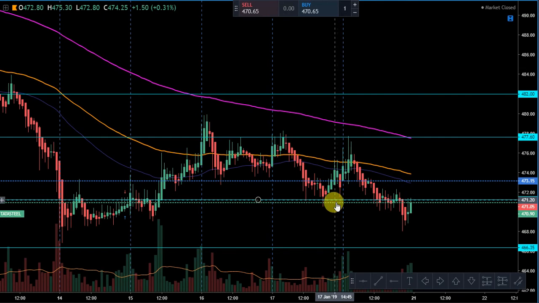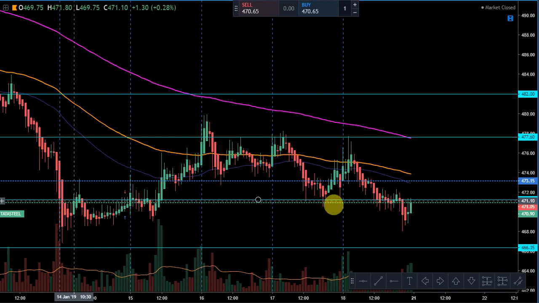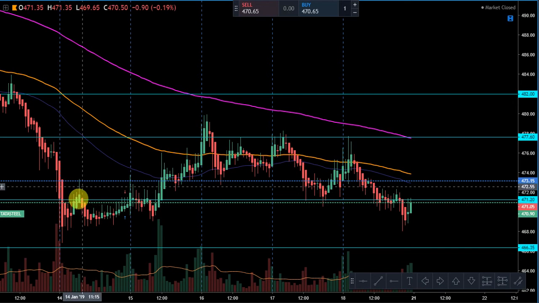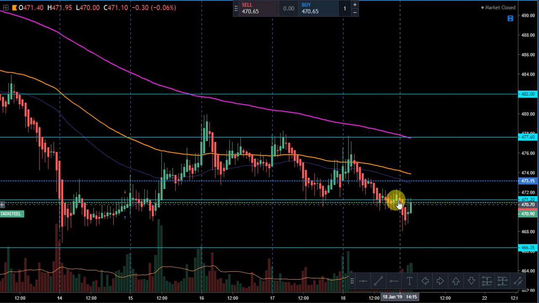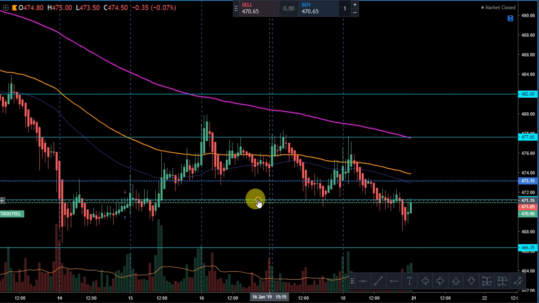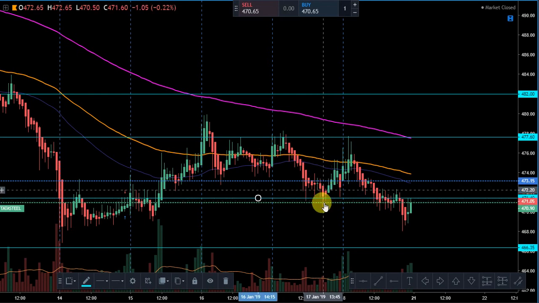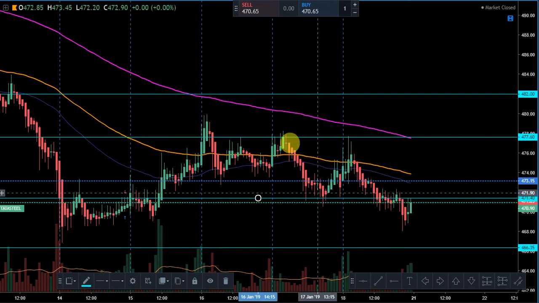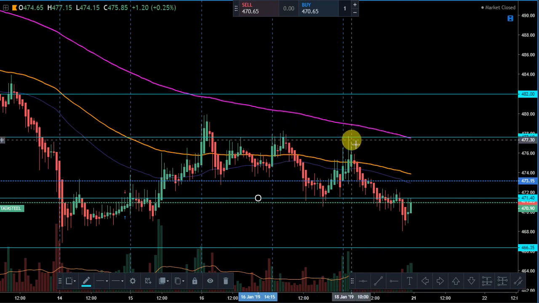Already I have shown you in the previous video that this line was the same as it is, I have not changed it, right? So why do I do this? Because I took this support area, this support area, this support area, right? And I can't talk about this one because this was today, this support area and this support area, I think yeah, this one, right? So a little bit I have to drag this one. See, I'm dragging into the body, not the tail, right? So here you can watch this, and today how it reacted, same. It has touched